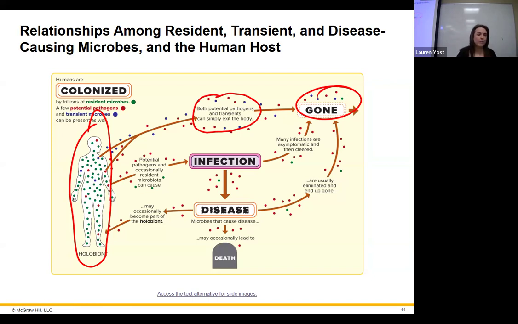We also have potential pathogens that reside in our biome and can actually lead to infection. I'm not talking about staph that got away and somebody else got sick. Here I'm talking about the ones that are already in your body, actually causing illness in you. Strep pneumoniae isn't the best example. I think a better example would be urinary tract infections, which are of course more common in females because of the shorter urethra.